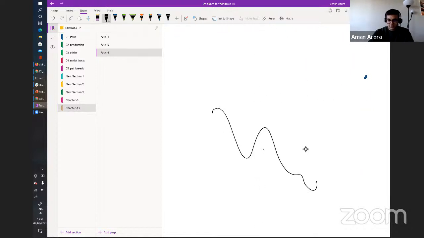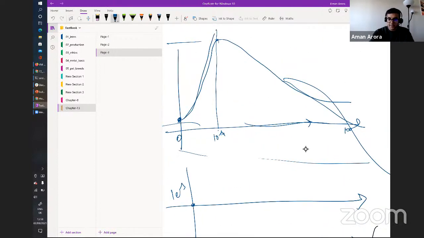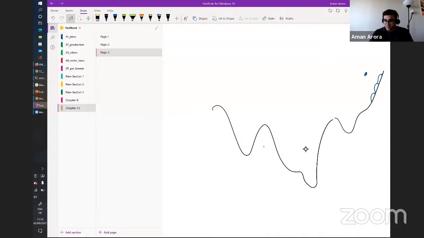So instead, if I take that same example, what you want to do is start with small steps, and once you know you're headed in the right direction, because remember, that's what's happening. You start with a small learning rate, then you increase it, and then you decrease it. Once you know you're headed downwards, then you start taking big steps. The reason I have a big step here is because it will take you out of the local minima. So you keep taking big steps until you reach your global minimum, which is the lowest point in